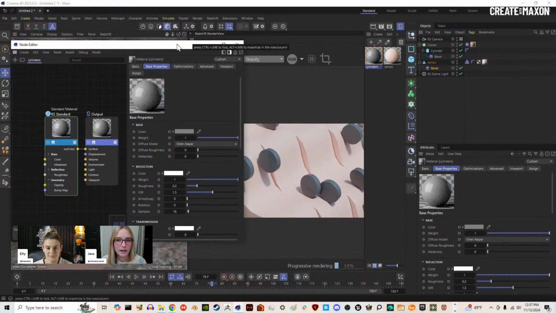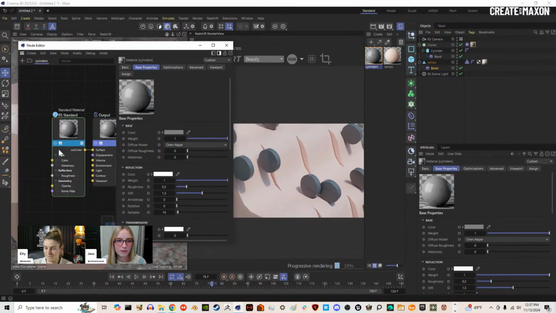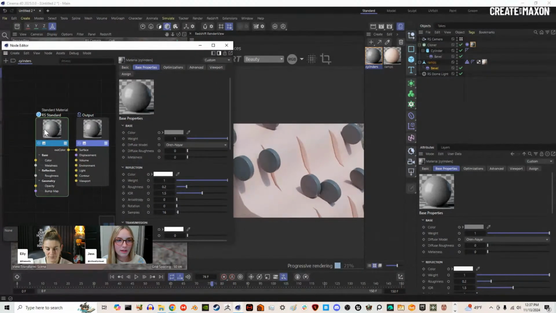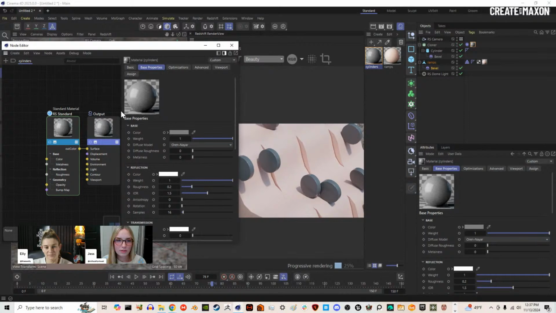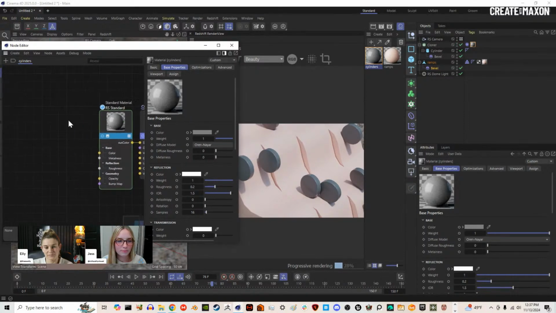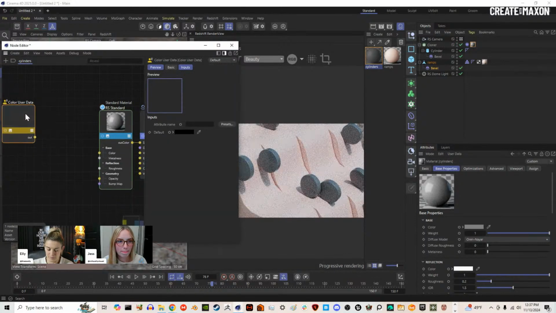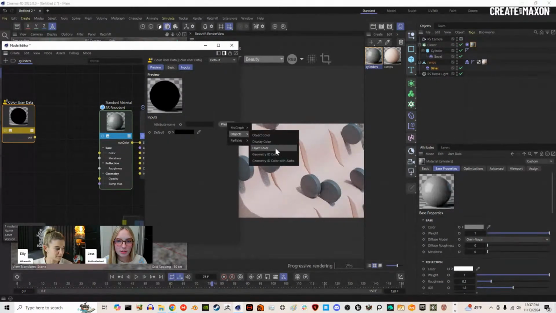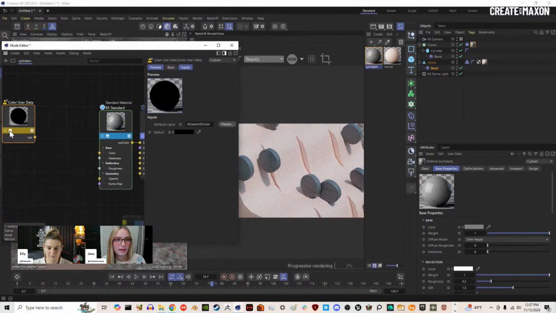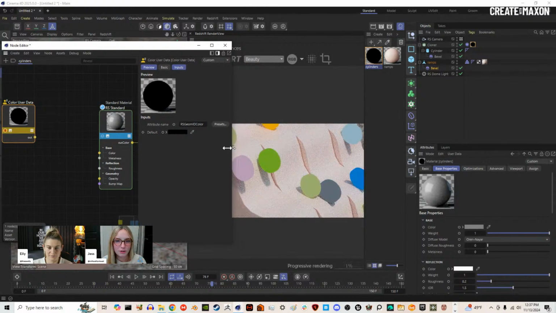So I know that I also want to use the color user data node to uniquely assign colors to each of my clones. So let me just resize my window here a little. So I'm going to double click and add our color user data and make sure we set our preset to objects, geometry, ID, color. And again, if we solo that, we'll be able to see unique shades applied to each